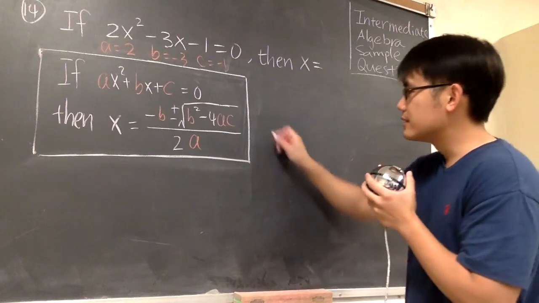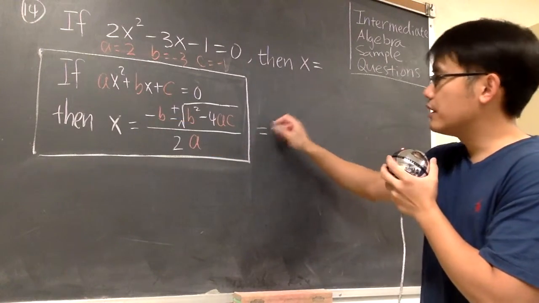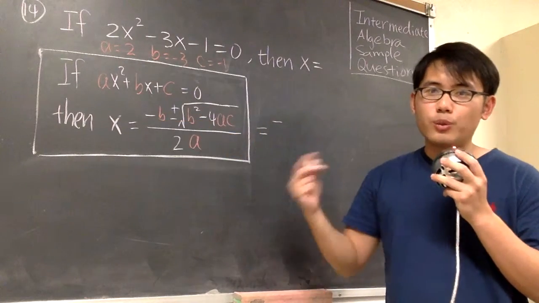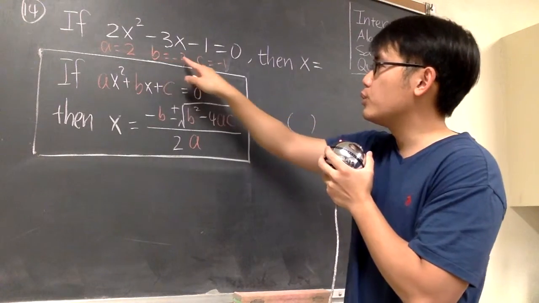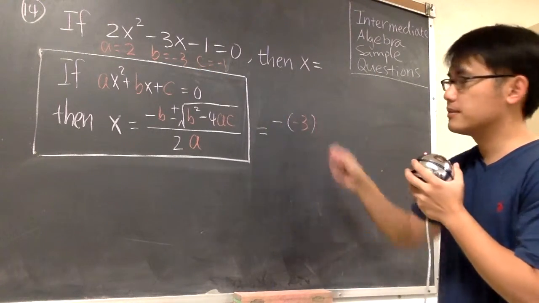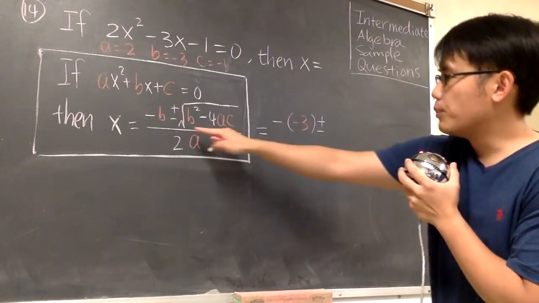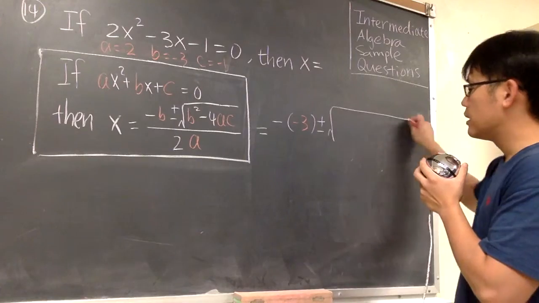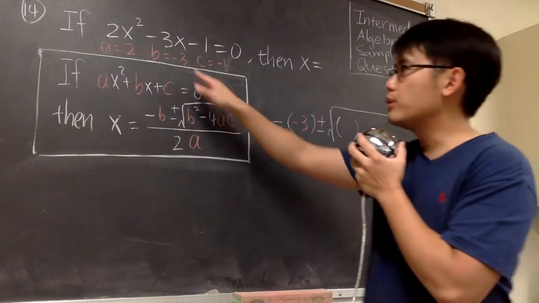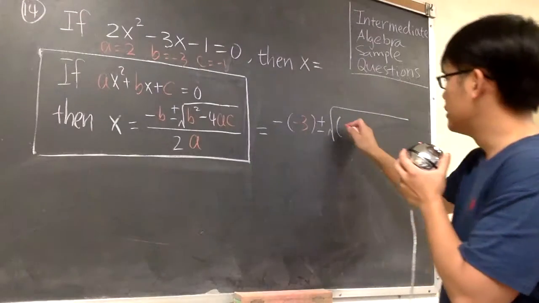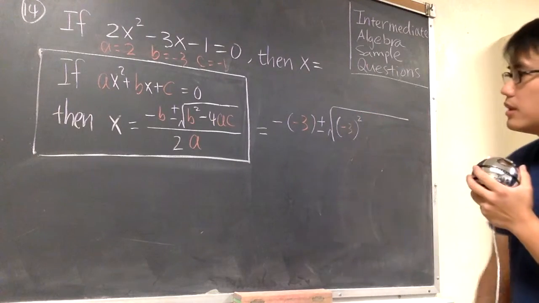That's it. So x will be negative b, so let me put down negative, and whenever we see variables, we should open the parentheses, and then we put in the b value, which is negative 3, into these parentheses, and then we continue. We have the plus minus, and we open the square root. We have the b squared, so let me open the parentheses first, and then the b value is once again negative 3. So putting the negative 3 right here, and raise this to the second power,